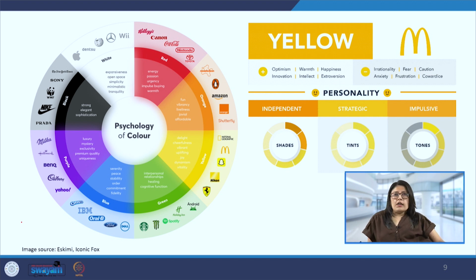And here on the right, we can see how the McDonald's color comes from the color yellow. The logo has that color because they want to communicate cheerfulness, happiness, and it is, of course, also an area which children enjoy a lot. They have happy meals, so they want to communicate the feeling of happiness, cheerfulness. So that is how they are utilizing the color yellow for their endeavor.